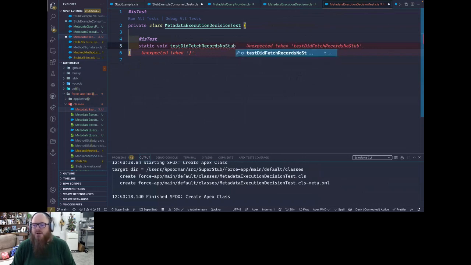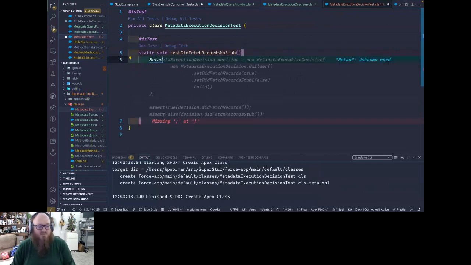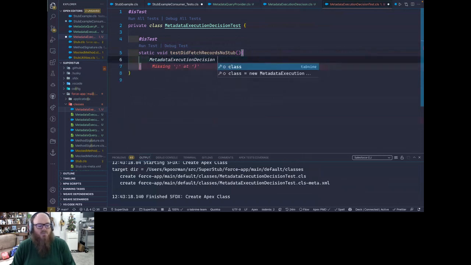I'm waiting for the Salesforce parity band to do a version of No Diggity, but no stub. And we'll do this, and we're going to say our metadata execution decision MED is equal to new metadata execution decision, and we're going to say Test.startTest, med.didFetchRecords. I don't think we need, did I have a parameter of that? Fetch records is no parameters. Good. Did fetch records, and we're going to say